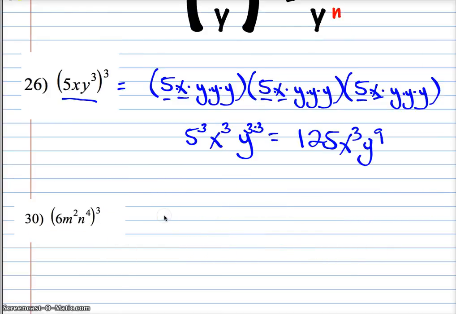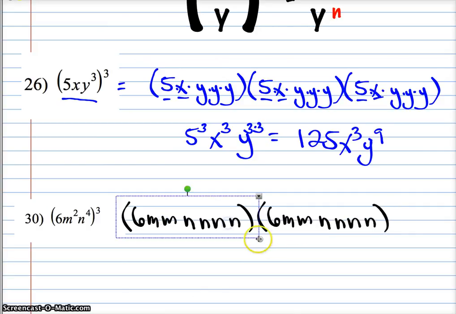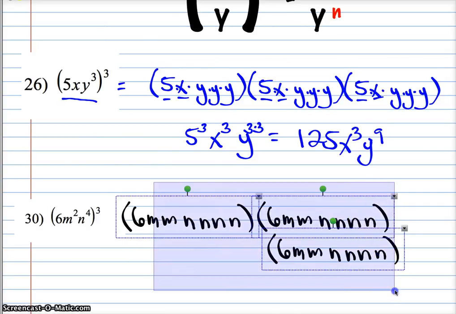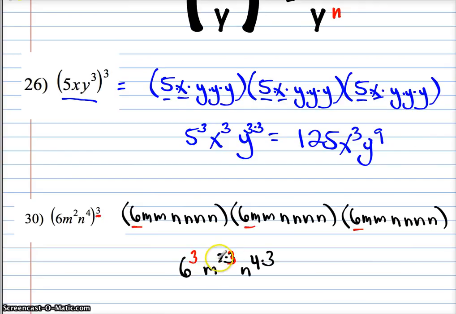Okay. So I'll expand this out. So again, here's my 6m times m, that's m squared, n times n times n times n, because there's 4 of them. And then I'm going to do that 3 times. So all of this happens 3 times. 1, 2, well, not going to fit, so I'll just shrink them all. See, power of technology, isn't that great? Okay, I end up with, okay, so I have 6 cubed m squared cubed n